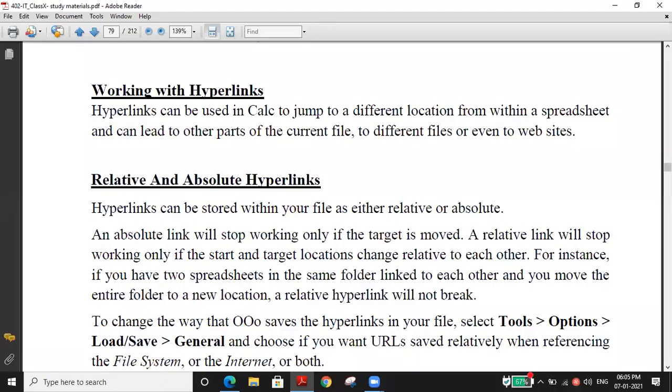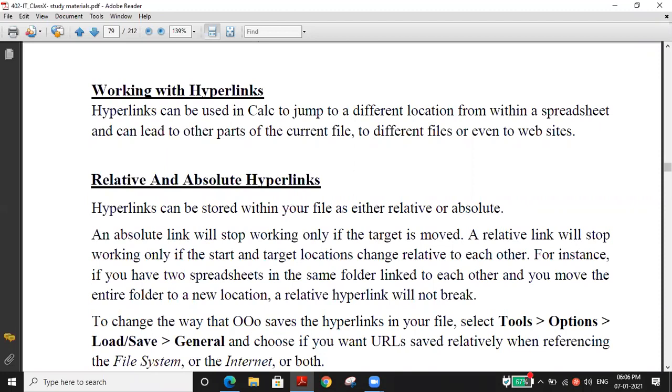So, dear children, today we are going to see the new topic in session 2 in unit 2. That is, till that we are going to complete session 2. That is working with hyperlinks. So, what is a hyperlink and how to create a hyperlink? Those are the basic things we are going to see, and how to include the hyperlink, and what all things we can do with those options. These things we are going to see in today's session.